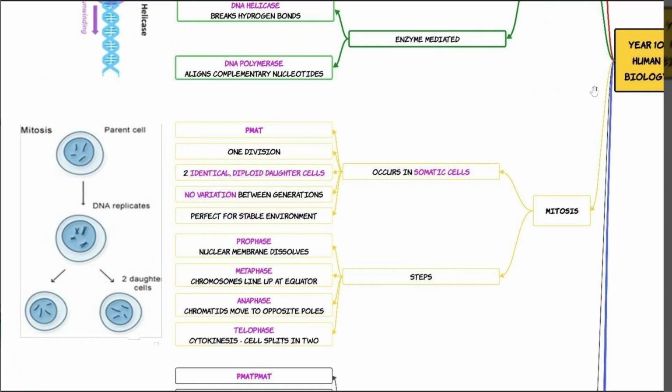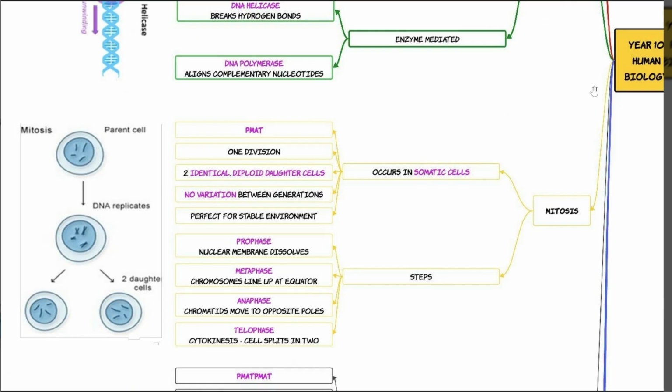Next, we have mitosis, which occurs in somatic cells. It can be remembered as IPMAT. It involves one division. It creates two identical diploid daughter cells, and there is no variation between the generations or between the two daughter cells. It's perfect for a stable environment. The steps are: